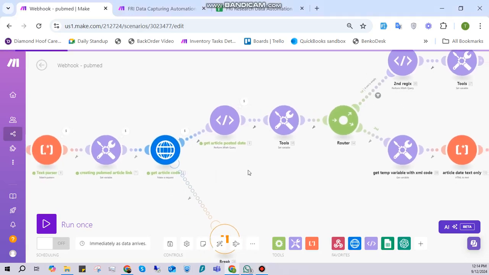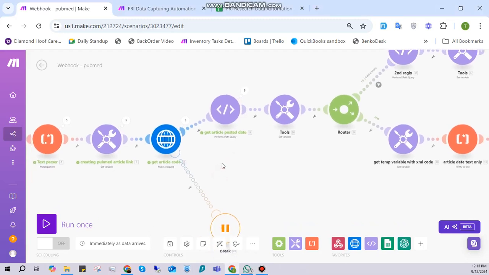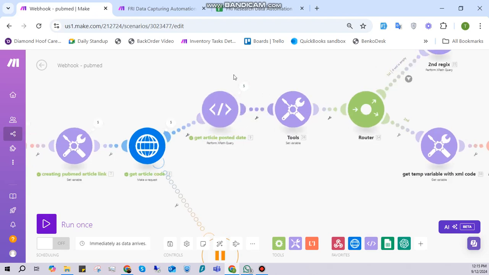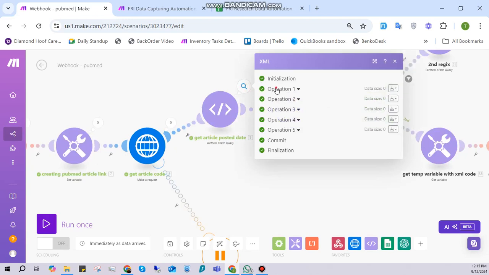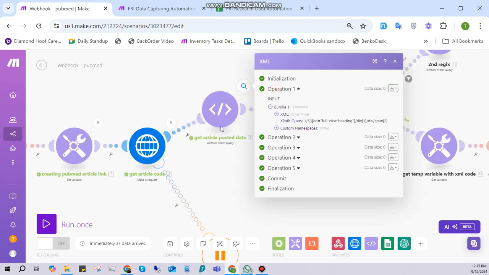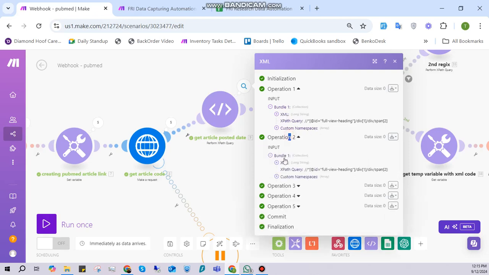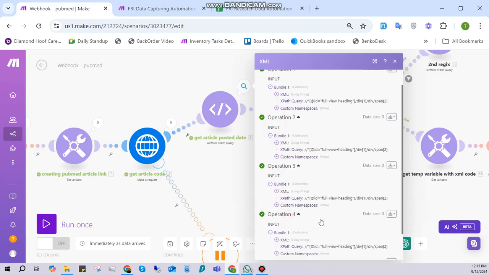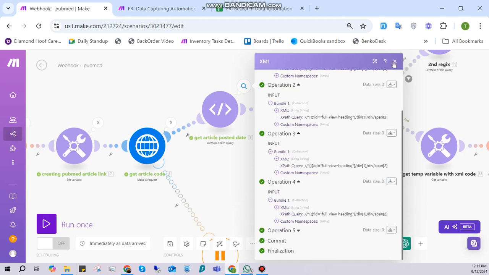So basically I'm working on a Make scenario and I'm facing an issue where this scenario is not being executed completely and it stops here. As you can see here, it does some XPath queries and it's not able to find any kind of output. You see, in all of these operations there is no output, so because of this it's